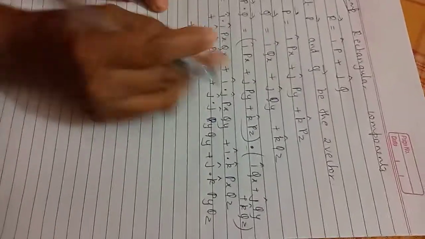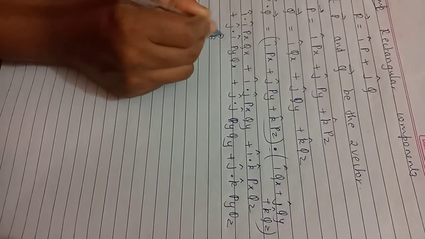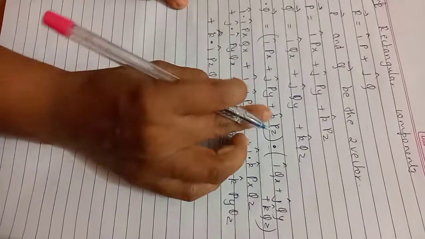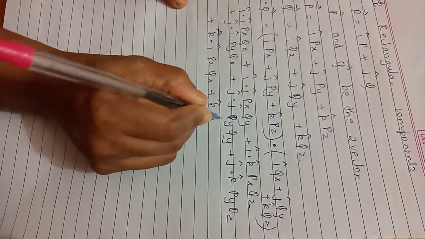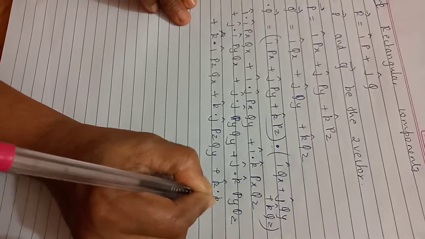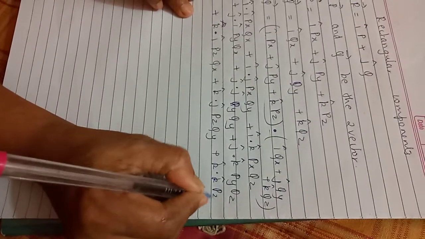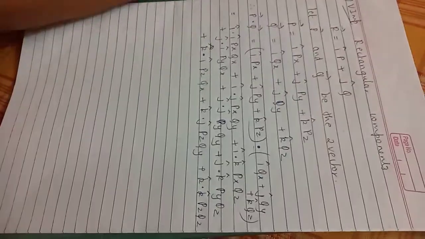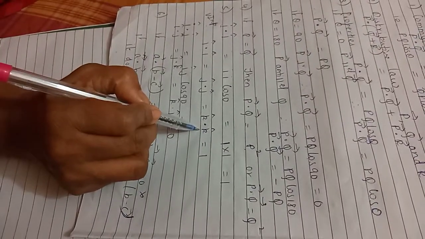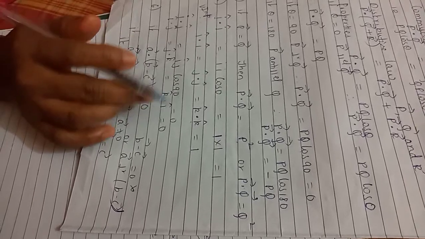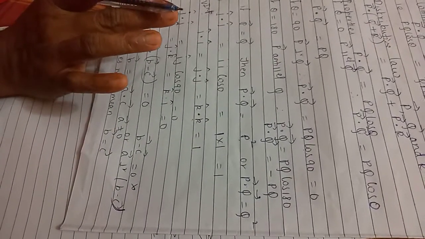It doesn't end the story yet. Plus this full bracket K dot I Pz Qx, K dot J Pz Qy, plus K dot K Pz Qz. Okay. As they say, dug up a mountain and found a mouse, that is the condition here. Look into this property. What are the surviving terms? I dot I is equal to J dot J is equal to K dot K is 1. I dot J, J dot K, K dot I, and the reverse, everything is 0.